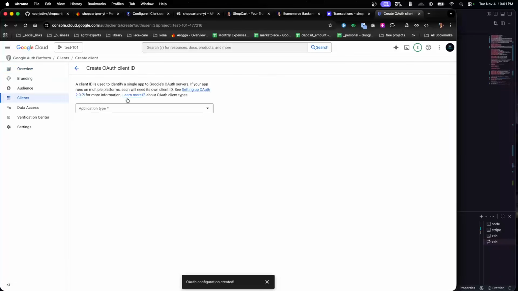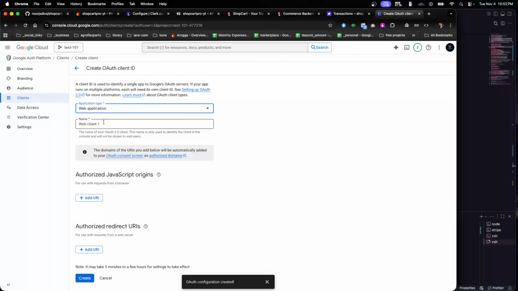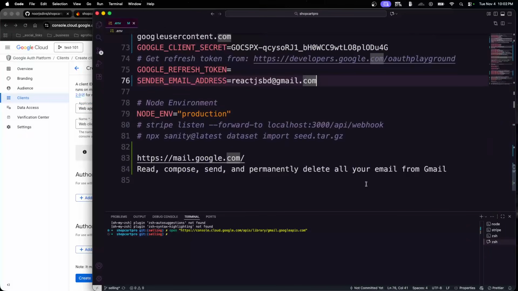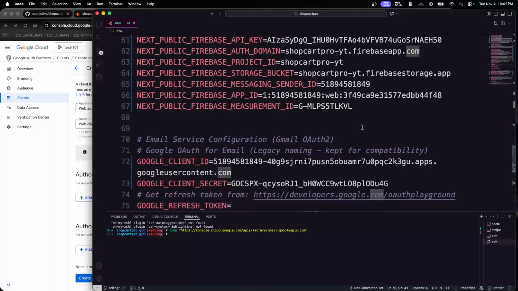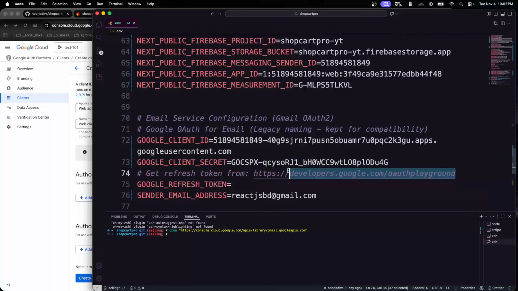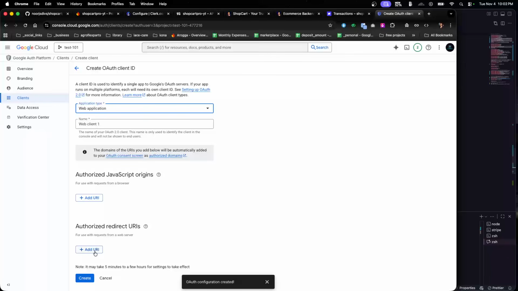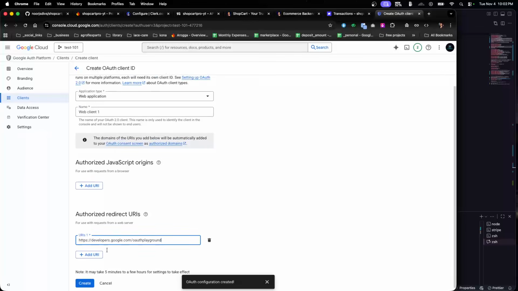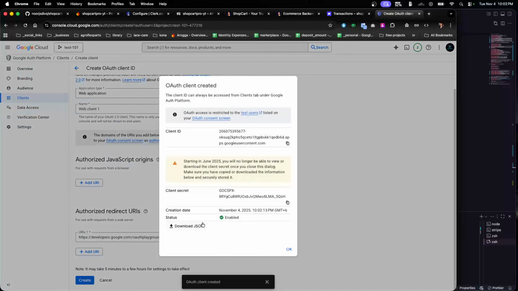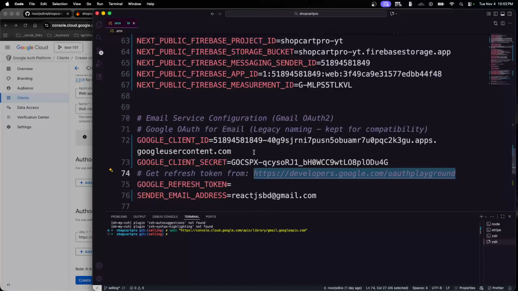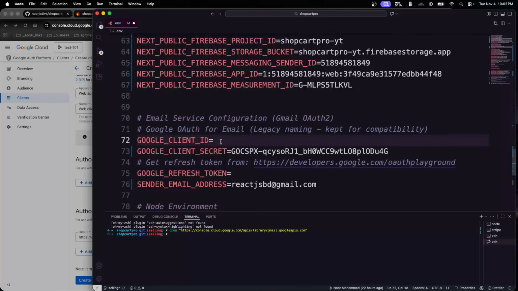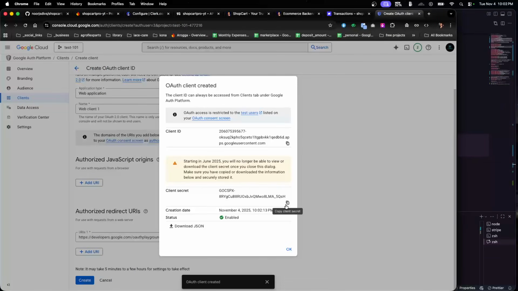Now create OAuth client. Let's see what it's going to bring us. So web application, web client, and I'm going to set a redirect URL. That could be the URL which the playground is right here. So copy that and paste it here and create. And after creating, I'm going to change those credentials again. So that's the new one which you're using. So copy and